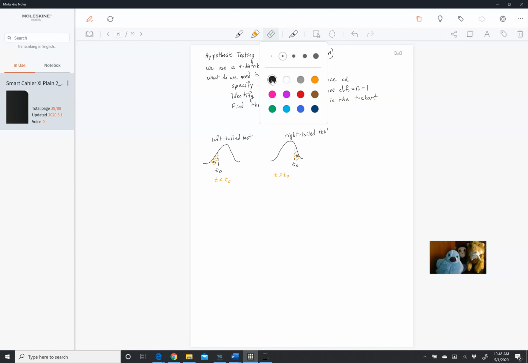And then finally, we have our two-tail test. And remember that we're talking about mean, so let's even put in a little bit more here. Well, let's do the two-tail test first. Okay, so our two-tail test, again, we have our t distribution. Remember, your t distribution is symmetrical about the mean. And what that means is that we have,